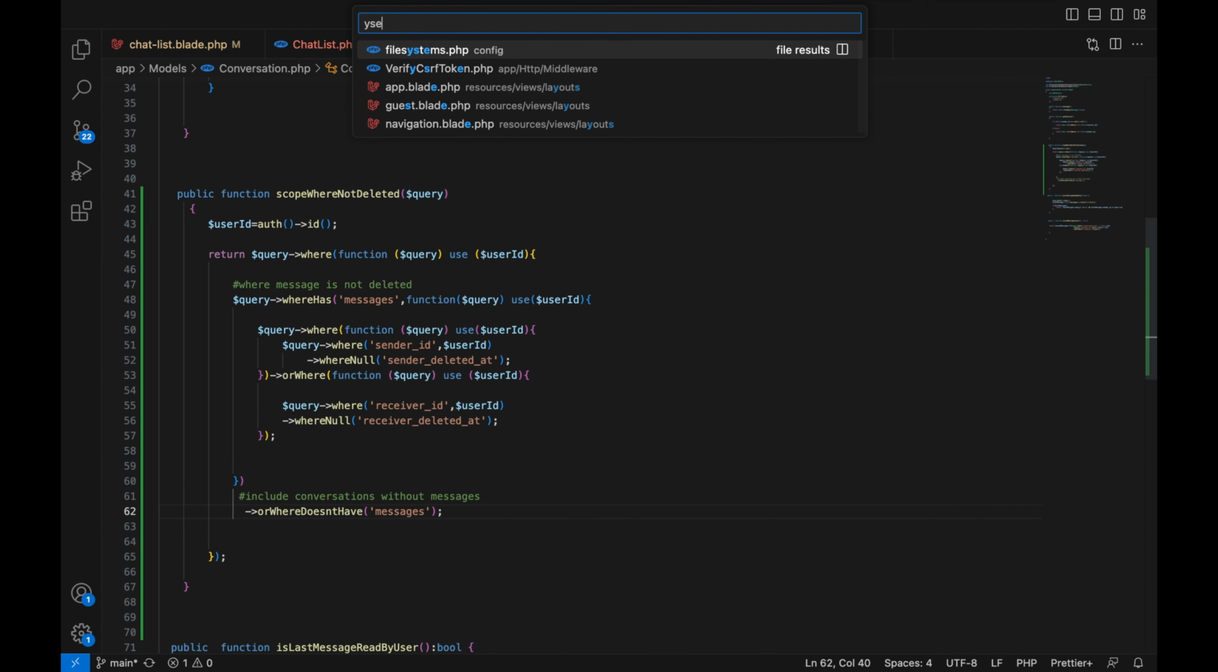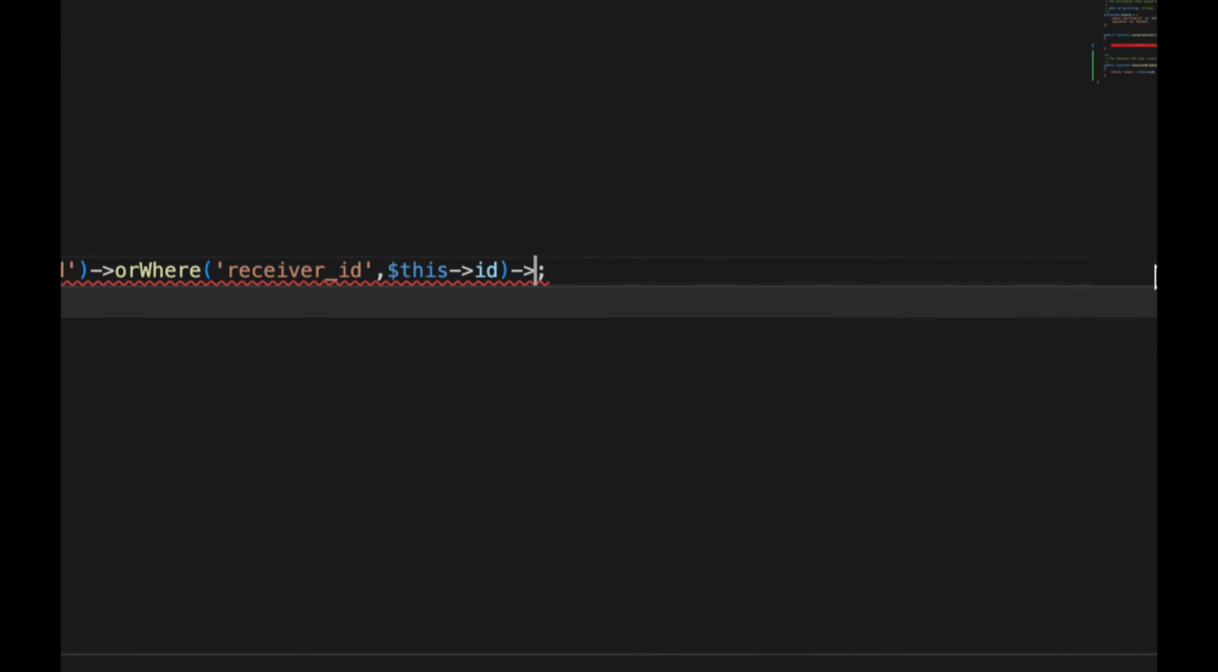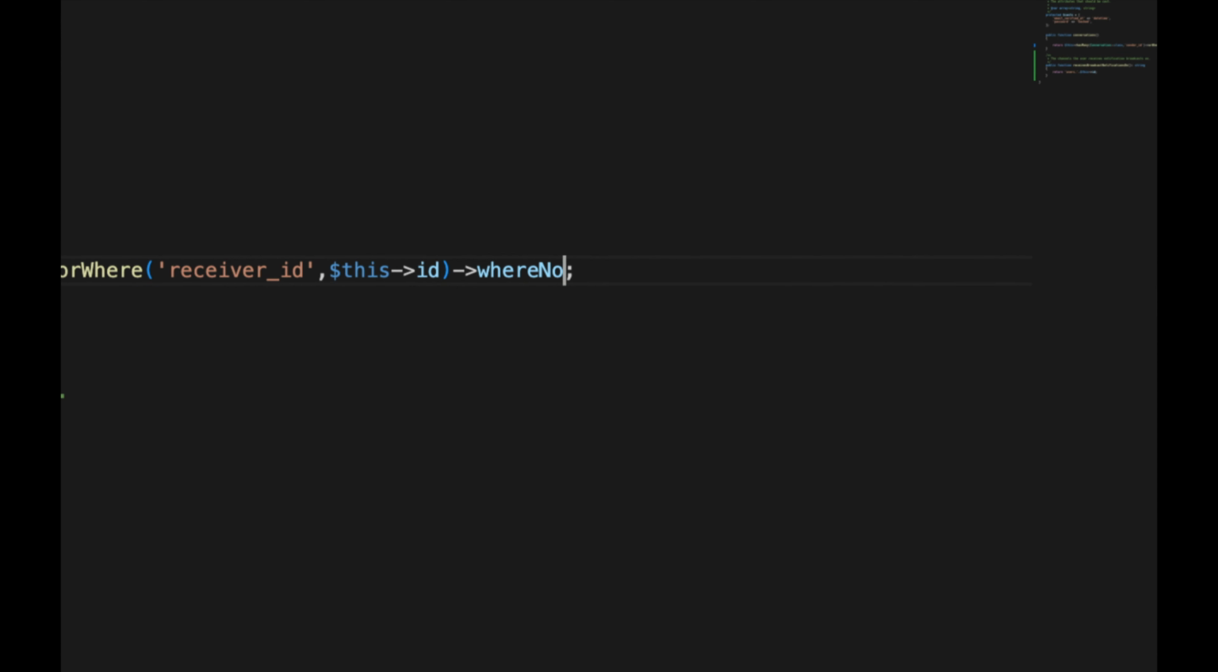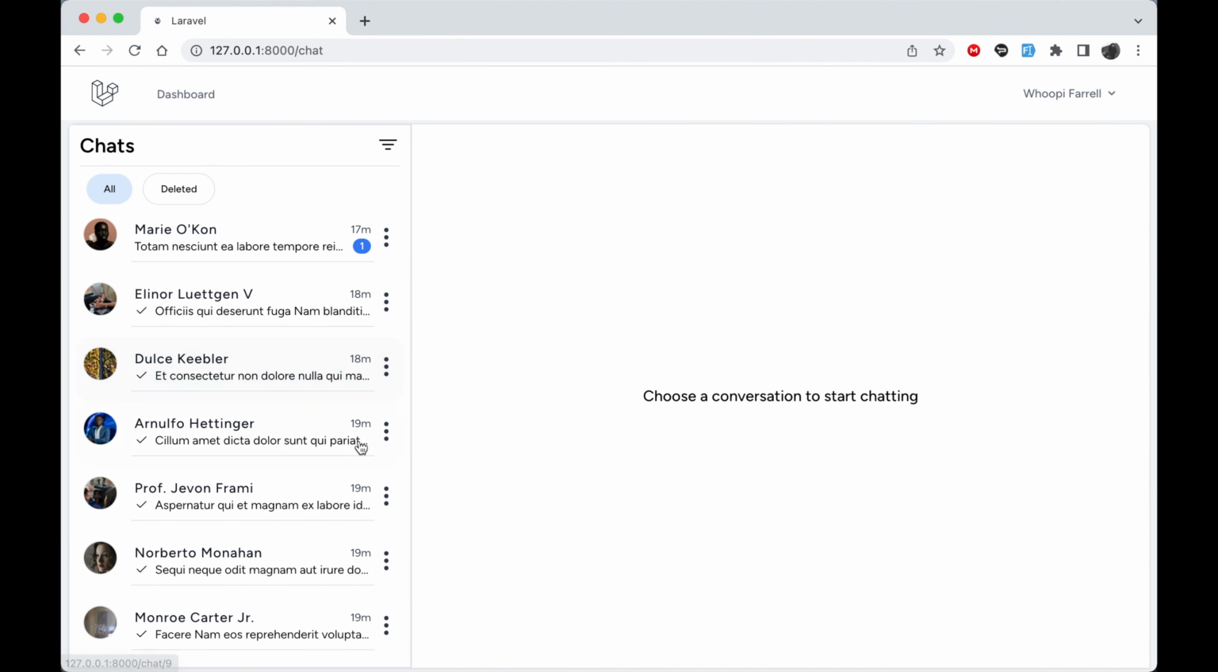Now let's go to our user model. In the conversation relationship, here at the end, we have to add this one, where not deleted, and add open brackets there. Okay, right now if we go back to our browser, and then here in my conversations,